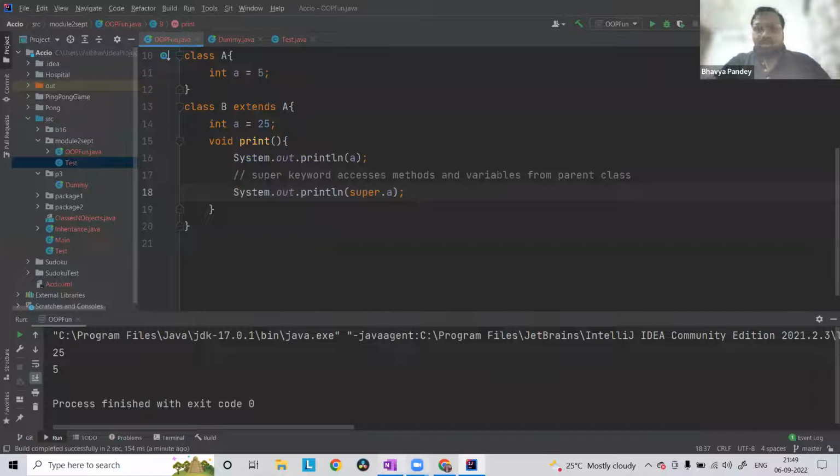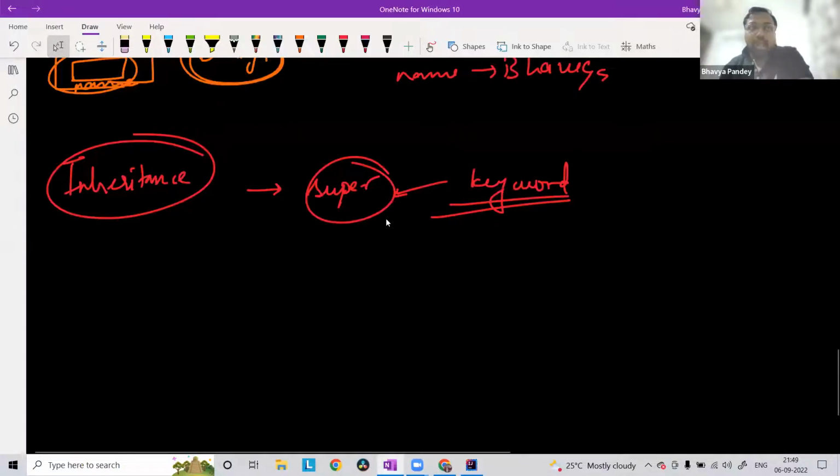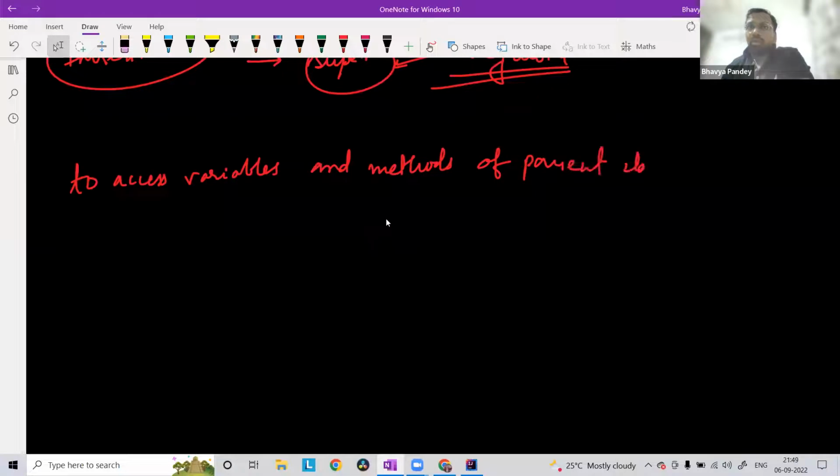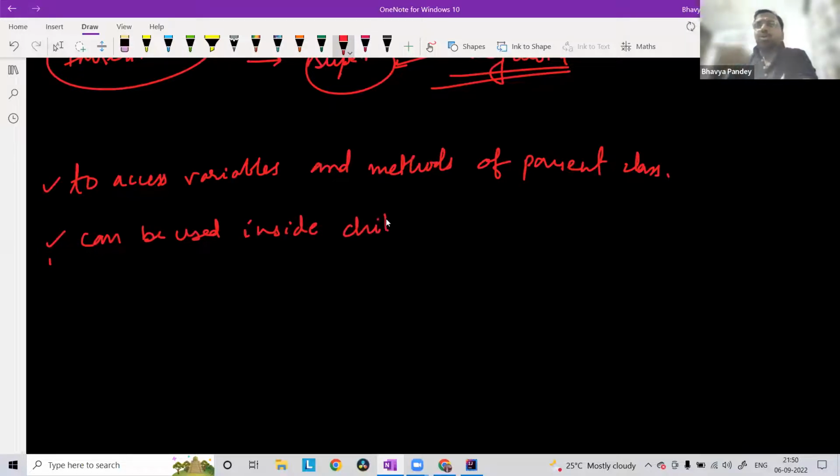Okay, so two things: to access variables and methods of parent class, okay, and can be used inside child class. Okay, you don't need to use any object name and do super on it. You can directly say super.this, so that you are in this class, I want to go one level up and